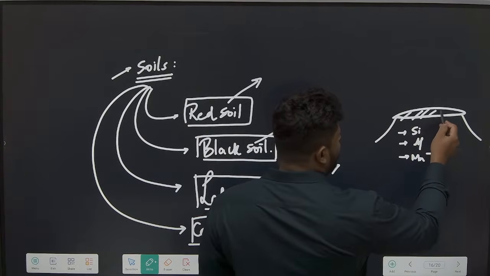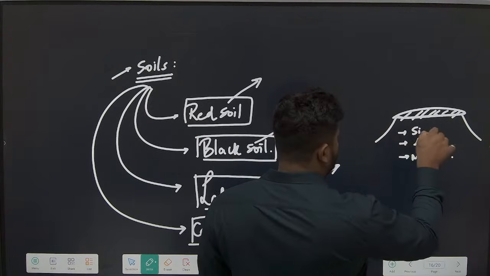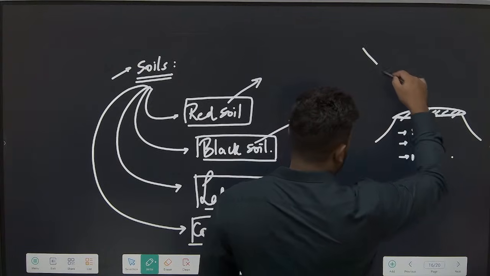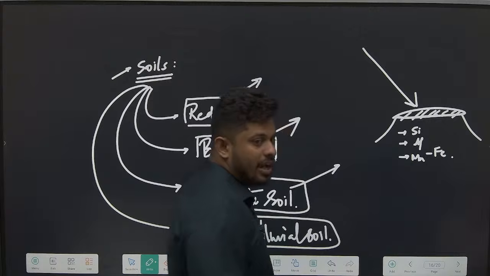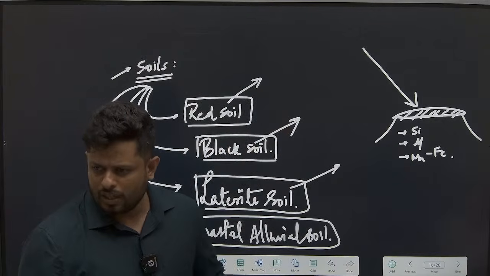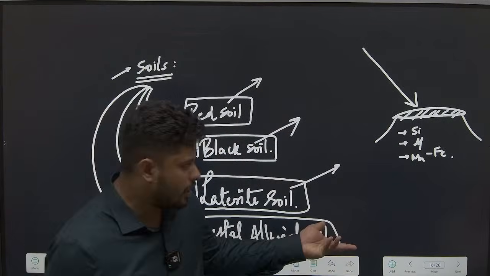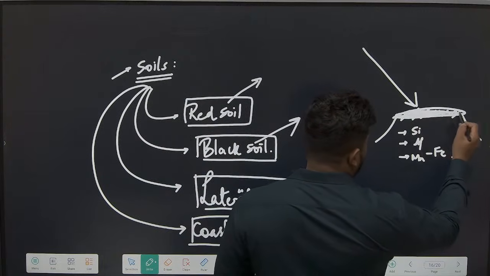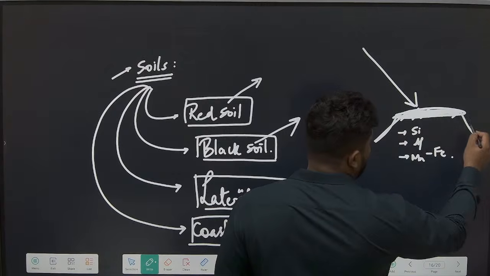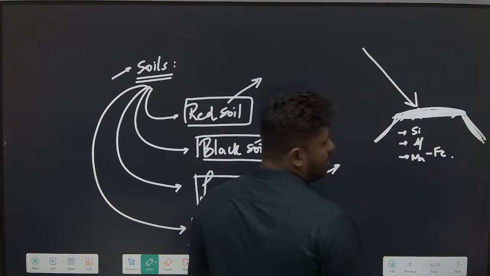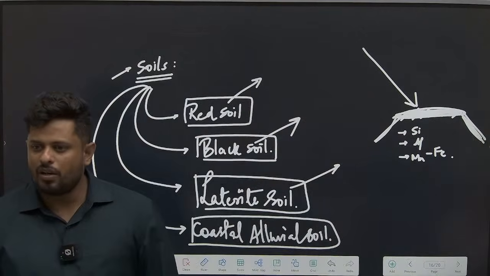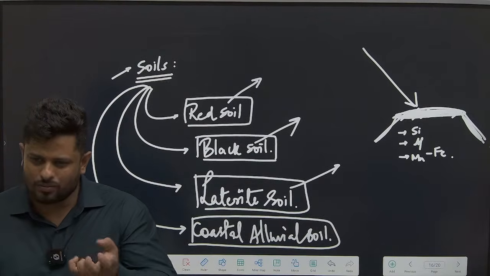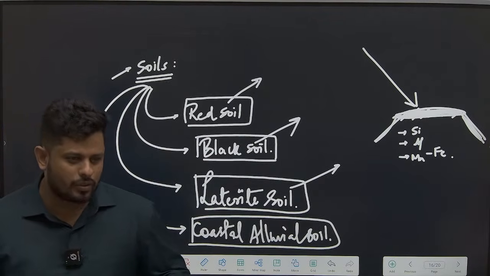But let us assume that this particular plateau, this particular elevated zone, is experiencing very high temperatures in one season. Does that happen in India? Sure. And in this season this soil is heated up, this landform is heated to very great temperatures and it undergoes what we call a baking effect. A baking effect means the soil disintegrates a little.